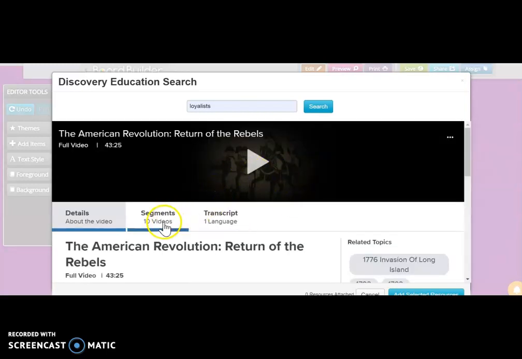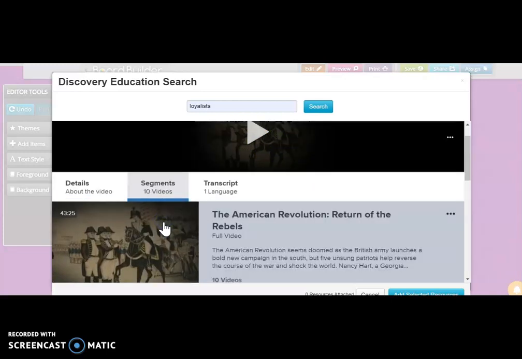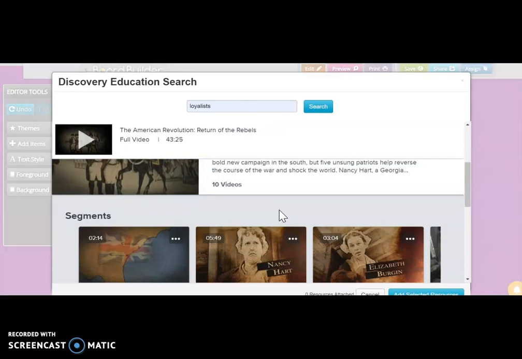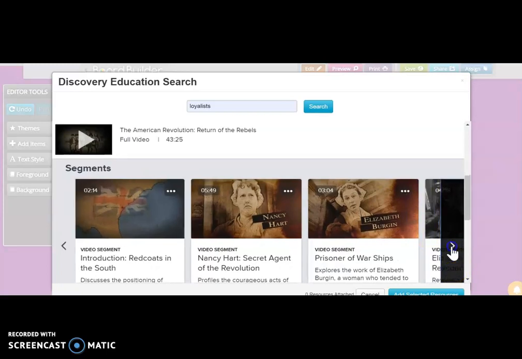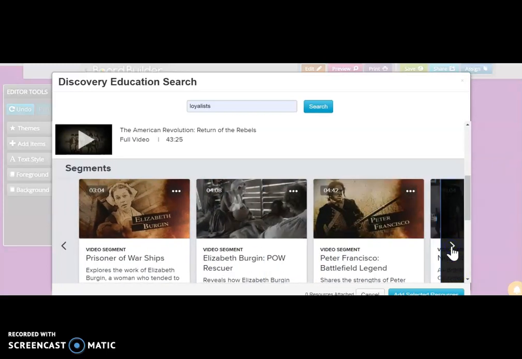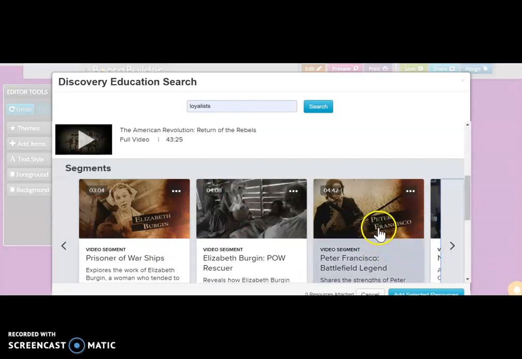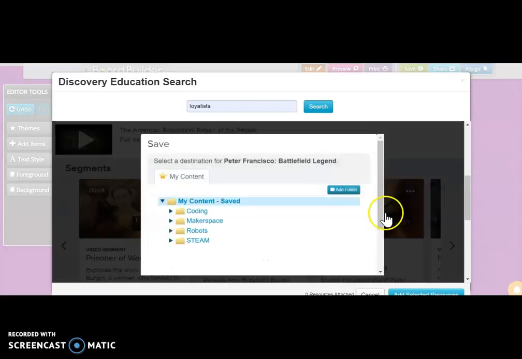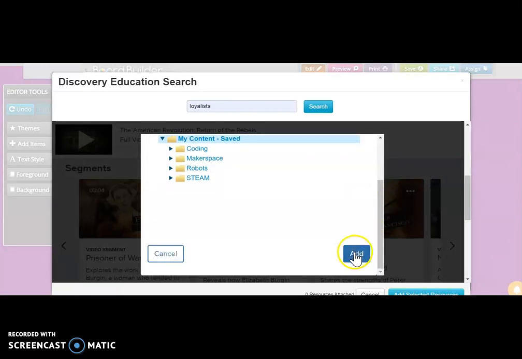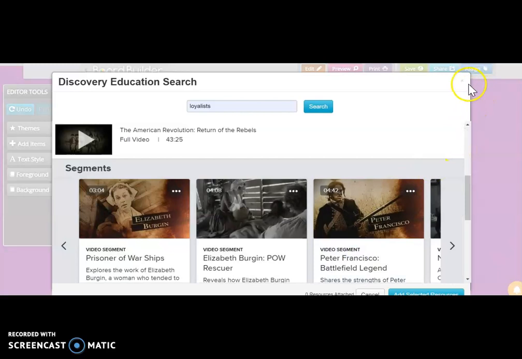And notice that it gives you a breakdown of all the different segments on the video. So therefore I can scroll here and I can keep going to find a video that I think is appropriate for my project. I think I would like to use this video on Peter Francisco. I'm going to click on these little dots, the white dots, they're called blueberries, and it gives you a pop-up of more actions. I want to add this to my content because now I will be able to save this. I'm going to add, and now I can go back to my project,